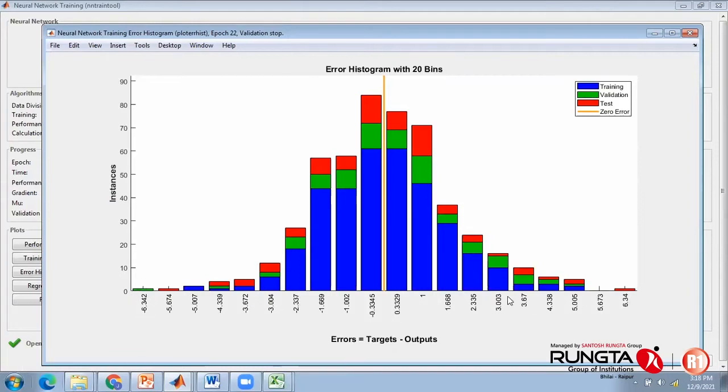That means it is almost evenly distributed or dispersed along the mean line. And if you fit a curve, it will be almost a bell-shaped curve. So this is one of the indications that the neural network model is fitted in a proper way. Because if this is not fitting and if there are kurtosis or maybe skewness in this particular graph, that means it is an indication that the neural network is not fitted in a proper way. So this is extremely important. Let me repeat it again. The error distribution or residual distribution after mathematical modeling should be normally distributed.